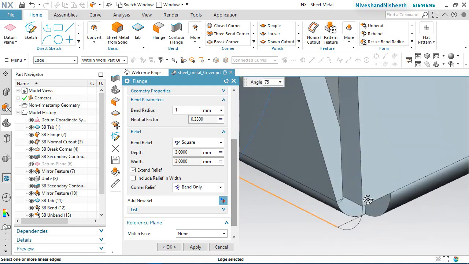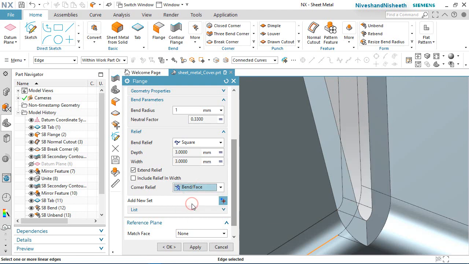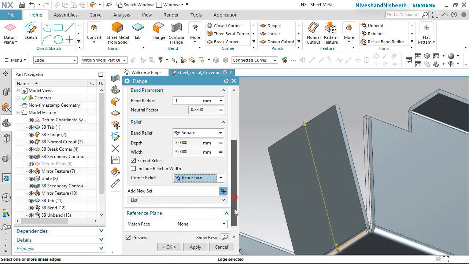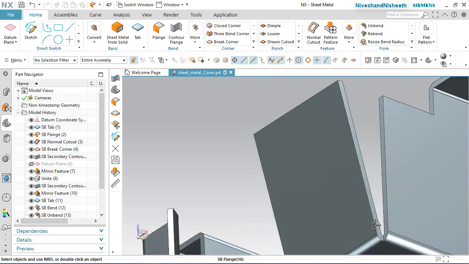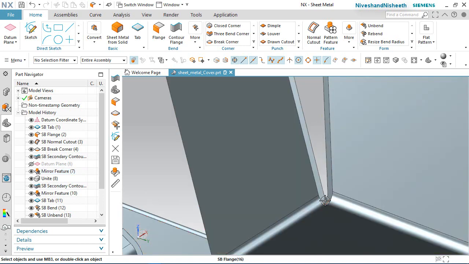Now see, the preview is visible here. Select the bend face option. Click OK. Now see, the bend is looking good.